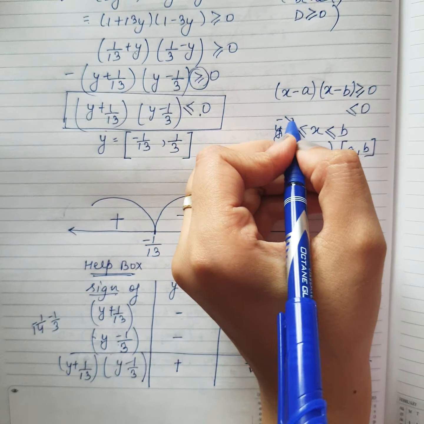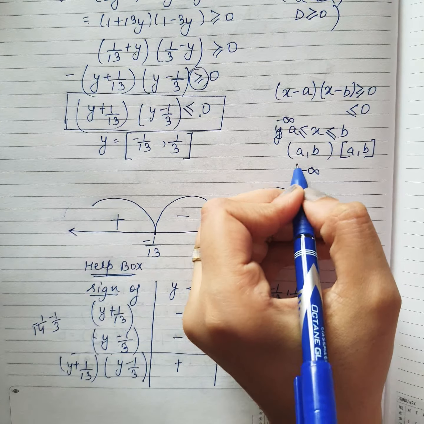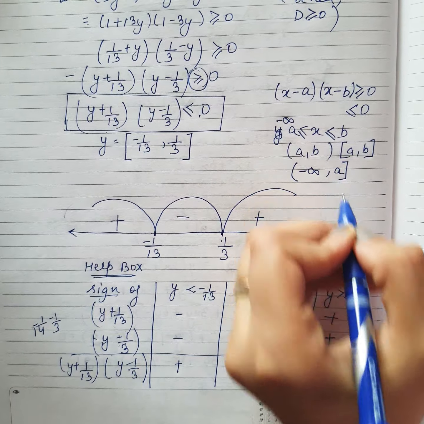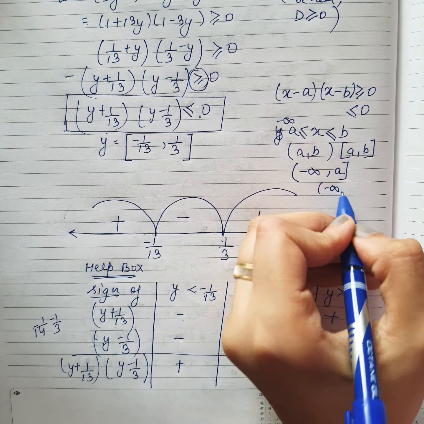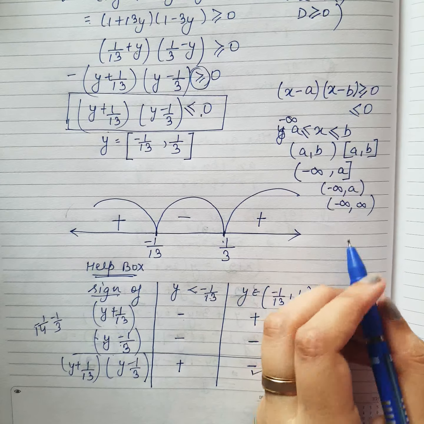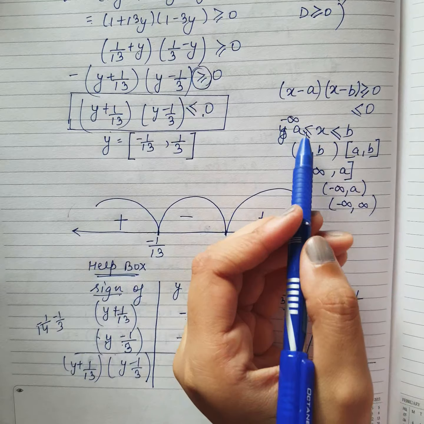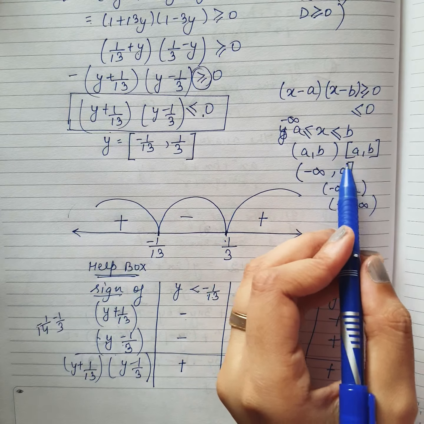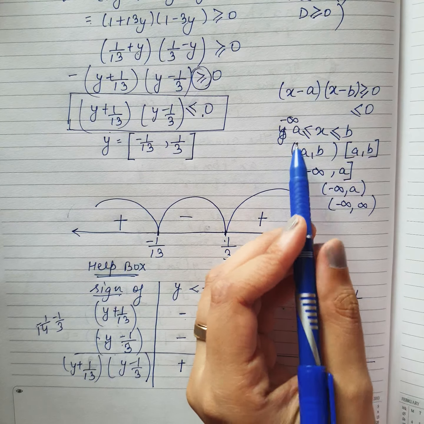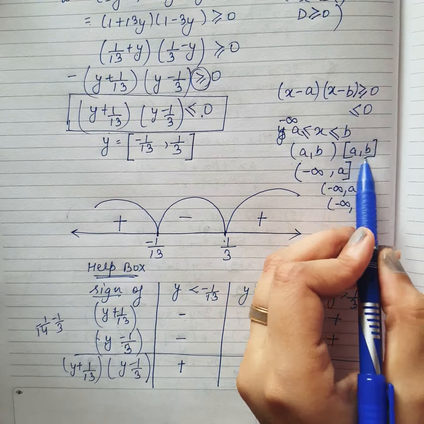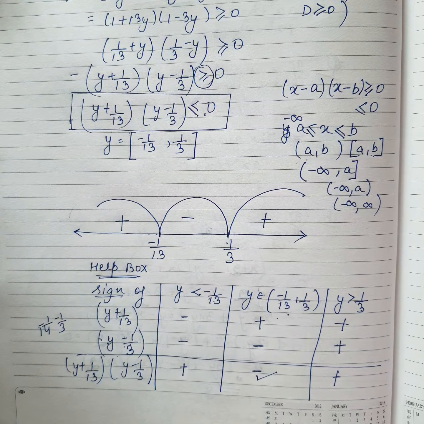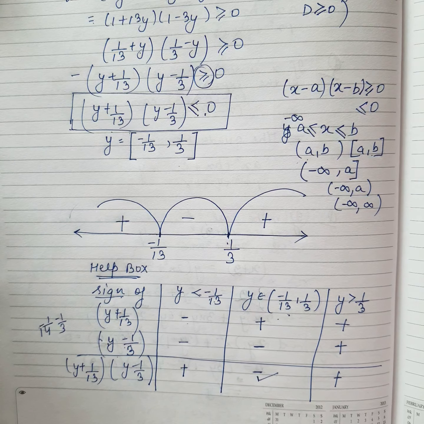Suppose I have to include minus infinity sometimes, minus infinity is always an open bracket. To a, if a is included or if a is excluded. Then if both sides I have infinity, both sides open brackets. So whenever you see this equal to sign, only then you will put square brackets, otherwise always round brackets. We call them open and closed. So in this particular case, this is less than equal to 0, so we have put closed brackets. Let's try one more question of this type.